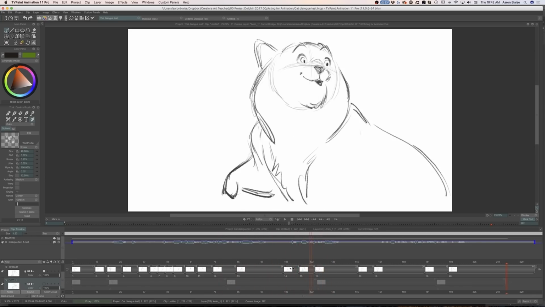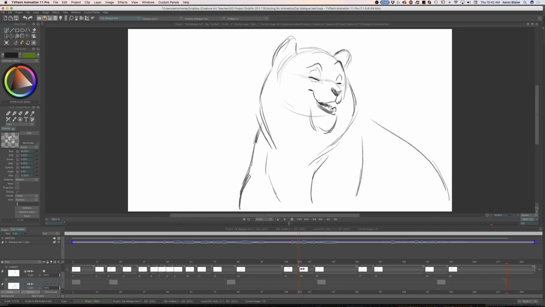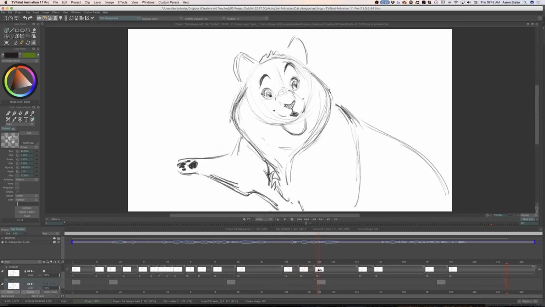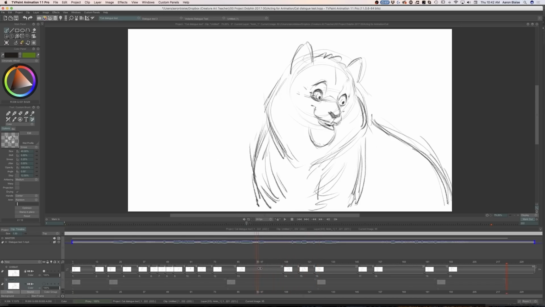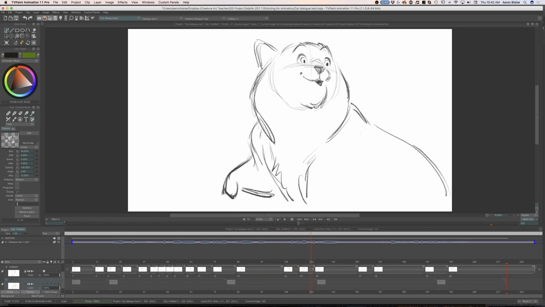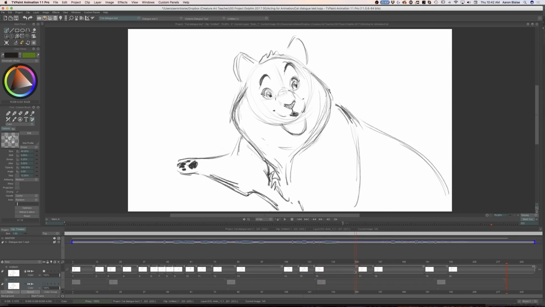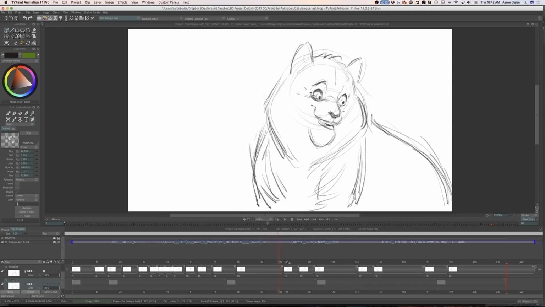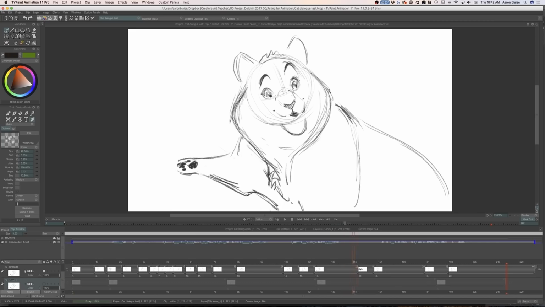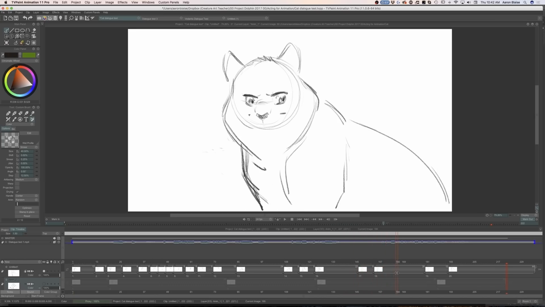And I also try to, even with my breakdown drawings through here, I try to time things. I listen to the inflection of the delivery and try to get things to move with the inflection, because that's how we tend to talk. So he goes, well, let's wait till tomorrow. Let's wait for the common sense.